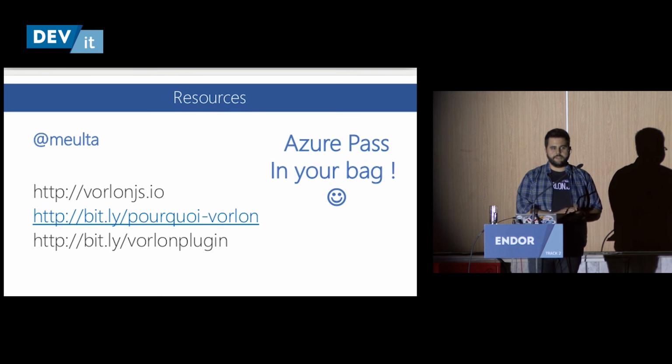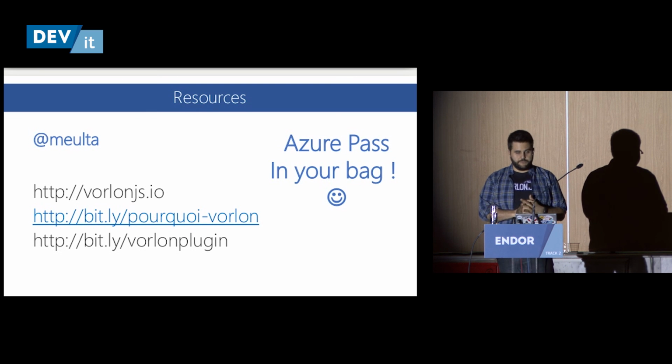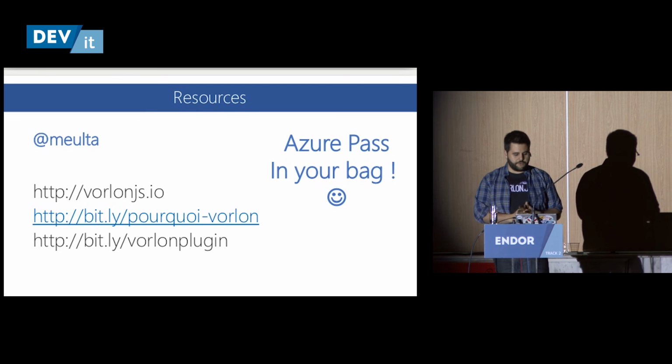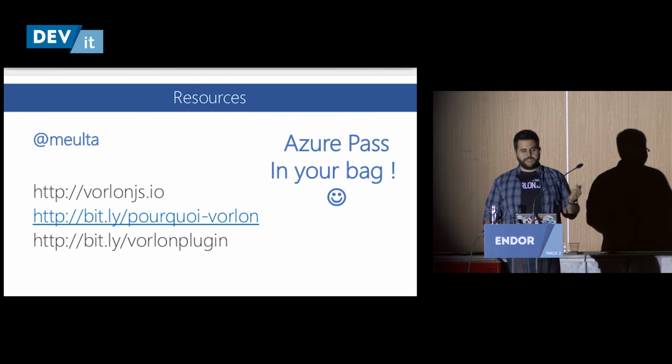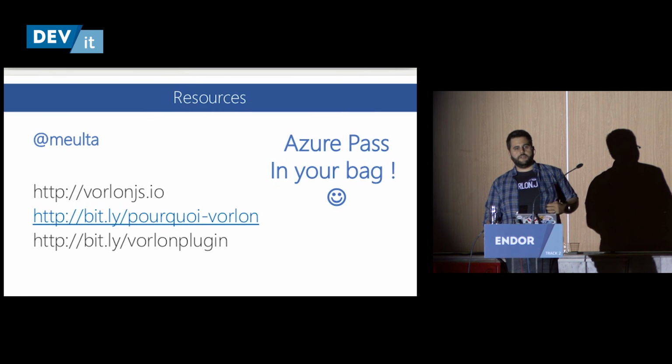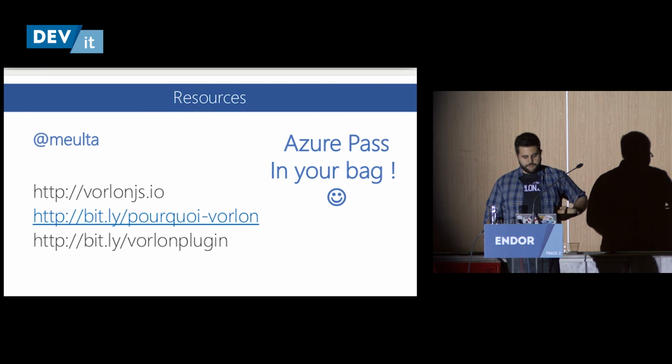So what are the next steps of the project? Because it's open source, feel free to join if you want to even work on the core of Vorlon. You're really welcome. We want to add more features for debugging on the Node.js aspect. We're working on a Node.js dedicated plugin that shows information from environment variables and stuff like this. And we are also working on an Express plugin showing you the routes that you're hitting while using your